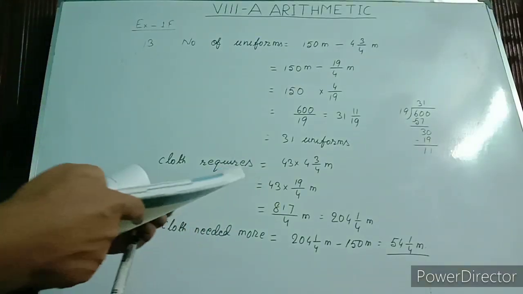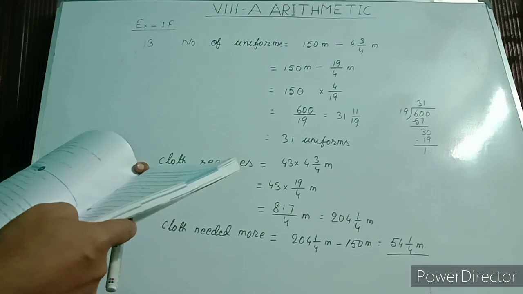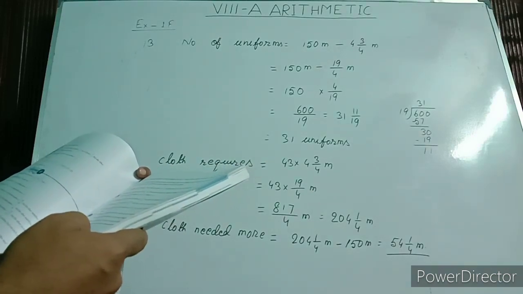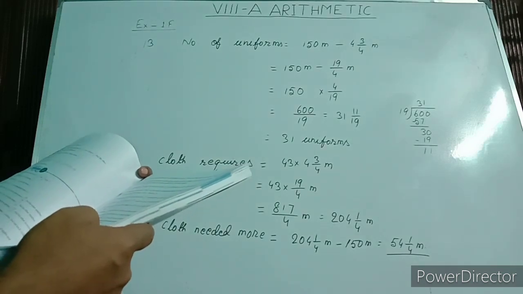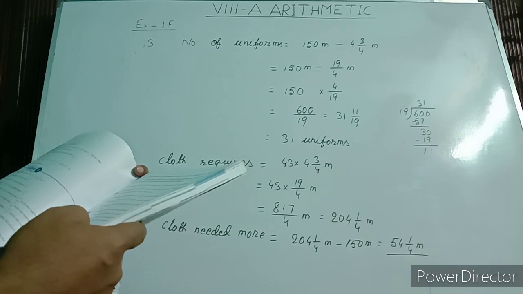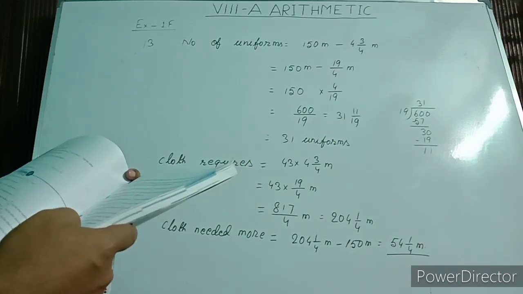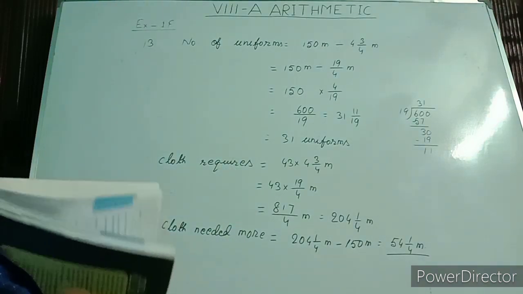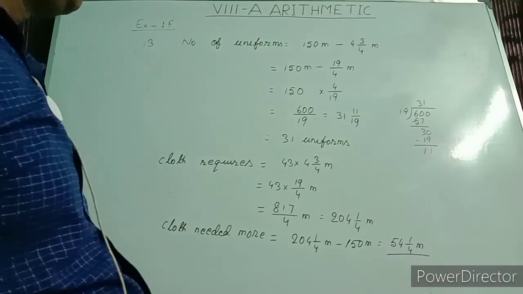In question number 13, a tailor has to make uniforms for 43 girl students of a class. He has 150 meter of cloth with him. If each uniform needs 4 and 3 by 4 meter cloth, how many uniforms can he stitch with the available cloth? How much more cloth will the tailor need to buy to be able to make uniforms for all the students? So this much cloth is available, 150 meter, and one uniform needs